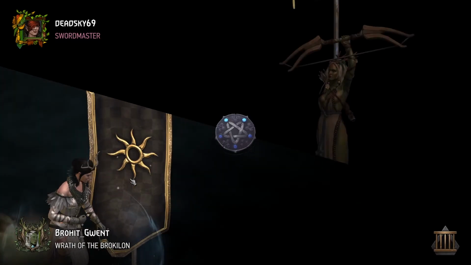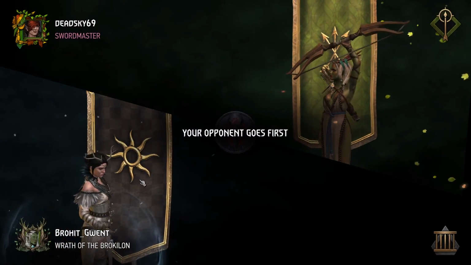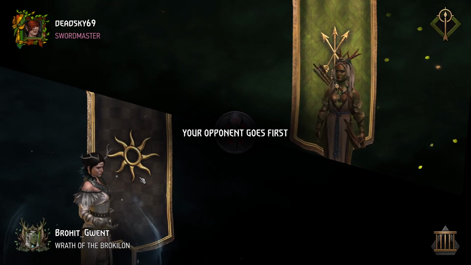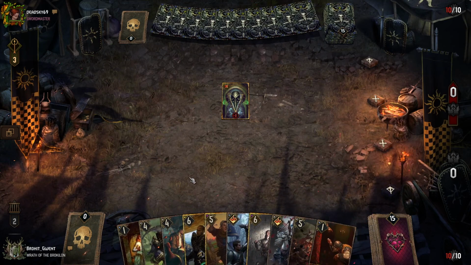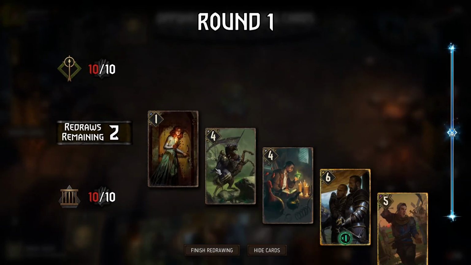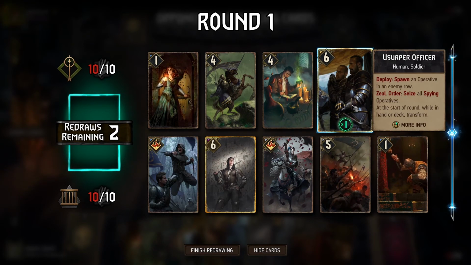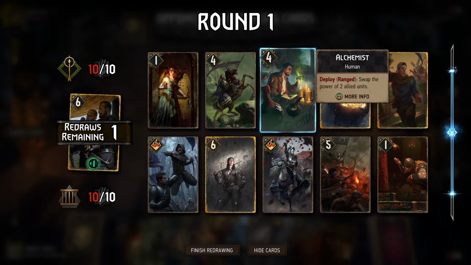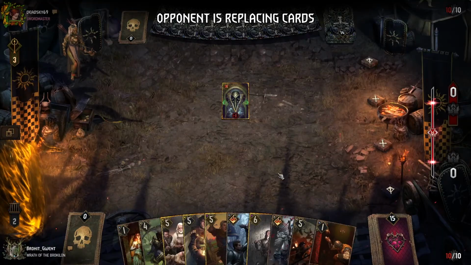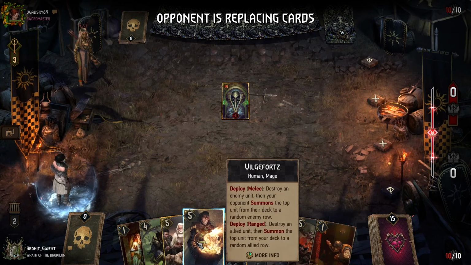Up against Scoia'tael Deadeye. Alright, so this is, I assume, Traps. I respect nothing human. That is actually quite annoying. Crushing Trap is really good against Germain, so get rid of Usurper. Vilgefortz is not the best. I think we're going to get Alchemist. Cosimo. Alright, so the best targets for Cosimo. So this is...